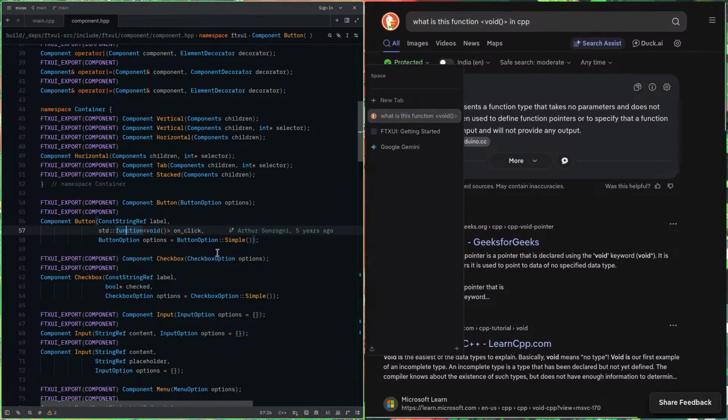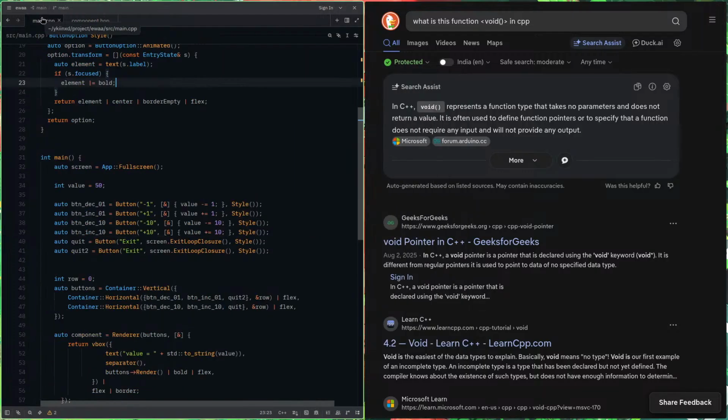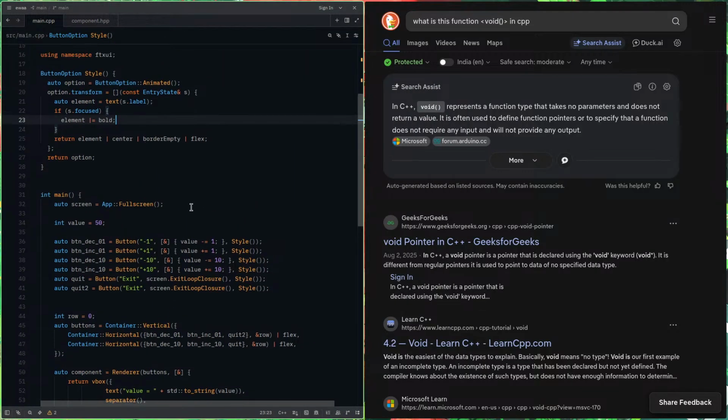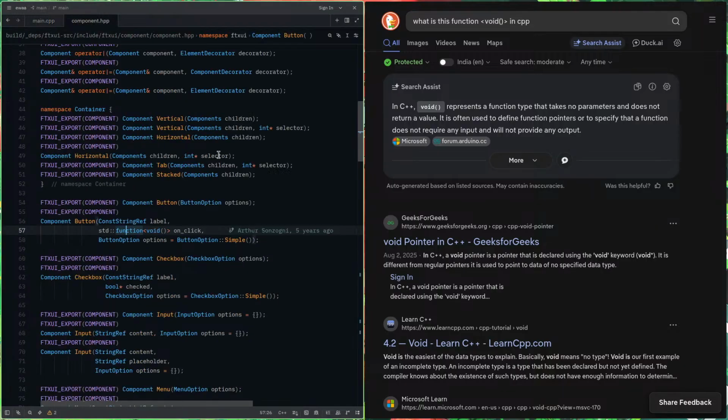So I think onClick we have defined somewhere. See this thing, this is the onClick function. Okay, so it's a lambda function. And in the lambda function, we are saying that it's void. That means void represents a function that has no parameter, and